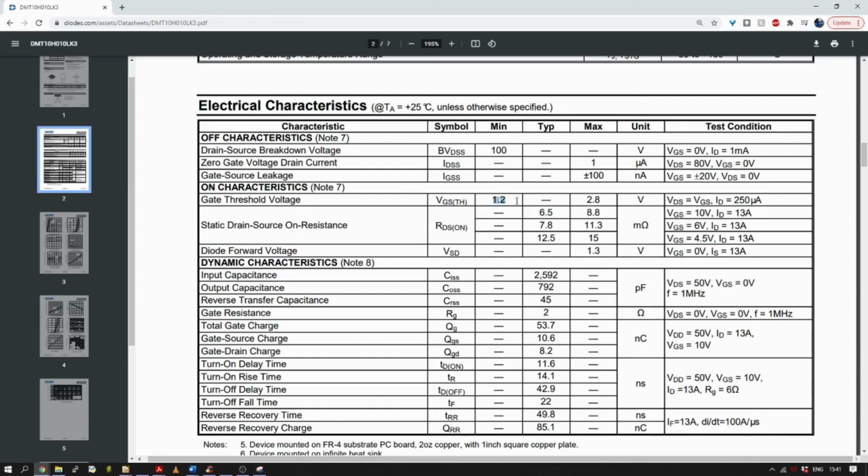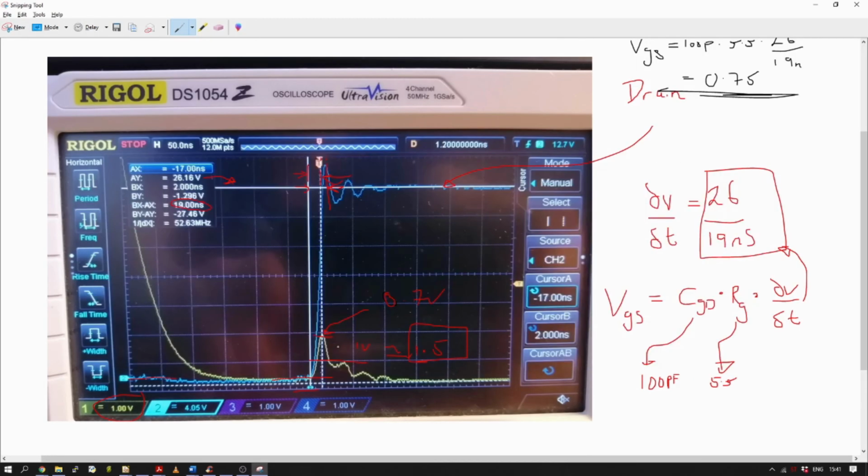And the datasheet is saying absolute minimum is 1.2, but we can't see any shoot-through. So what I probably ought to do here is potentially lower the RG value. Lowering that is of course going to have a direct impact on VGS. It's about the only thing we can really change. CGD is up to the manufacturers of the MOSFET, we can't really change that. The dV/dt, there's not a lot I can do about that, to be honest. The only thing I've got to play with is RG, so I could probably drop this down to maybe 3 ohms. I'd then have to check what my turn-on